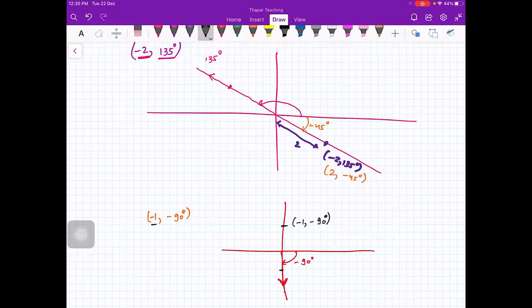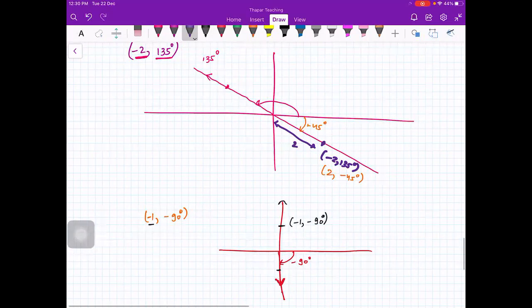Ma'am, on the positive y axis we will not write positive, like if it is -1 comma minus 90, then it is +1. Yeah, that is what I'm saying, that it has this many names. This is also a name. This is also a name. Ma'am, meaning once we rotate by an angle, then we have to think according to the axis of that angle, no?